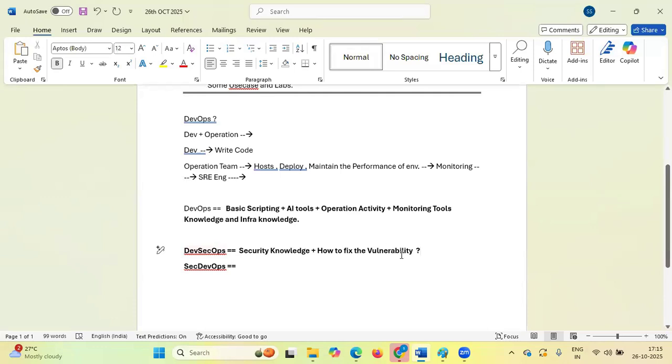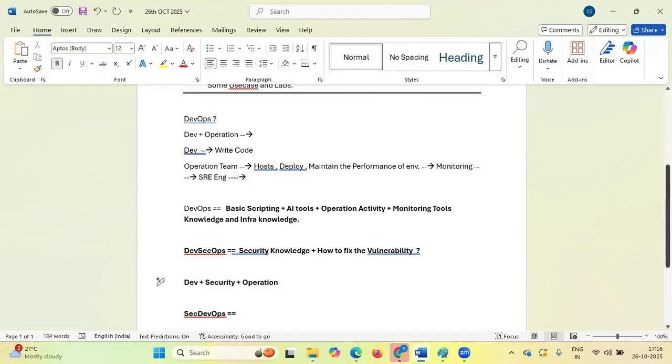Before operation, we have to take care of development first, and then before deploying into production, you should already have checked the security issues, whether there is any vulnerability or impact. Then you perform the operational activity.